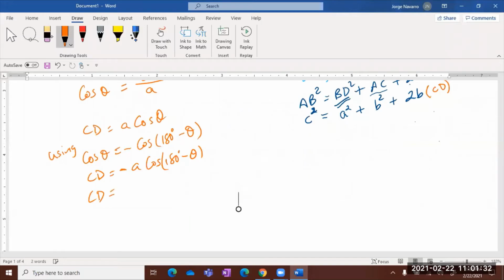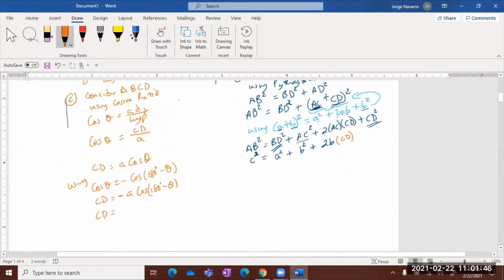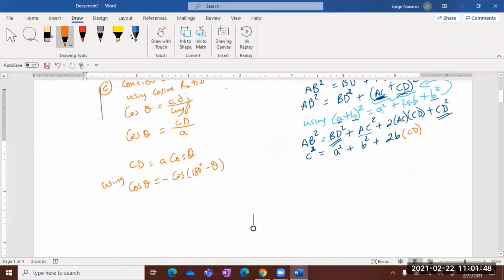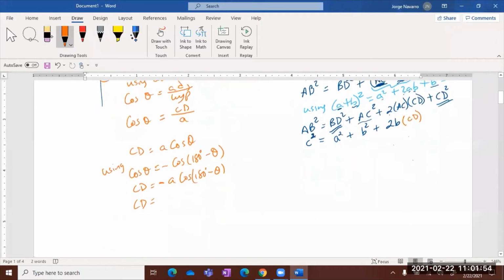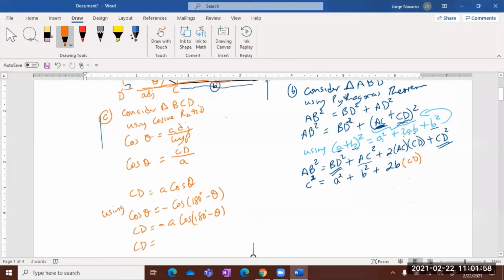Are you with me? Guys, are you with me? This is a rule. You're not with me. I'll ask you again. Yes, sir. With that, cosine equals negative cosine of 180 minus theta. Because